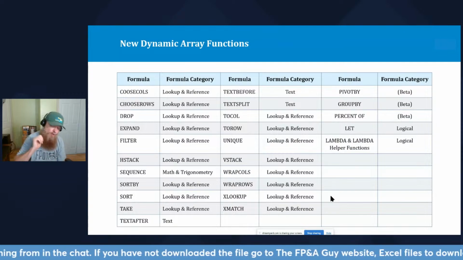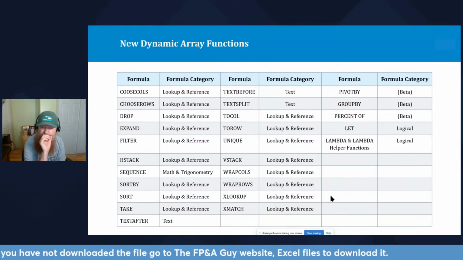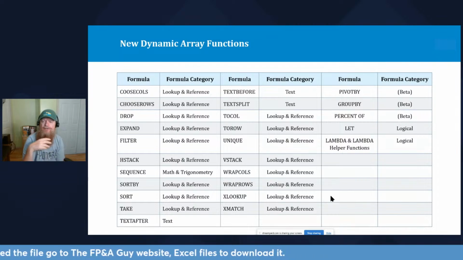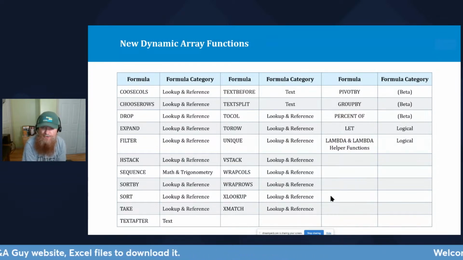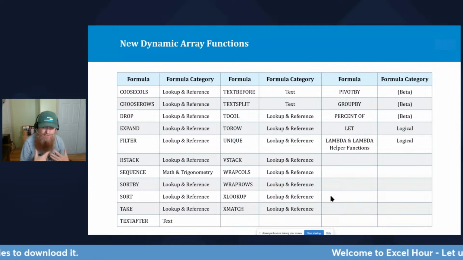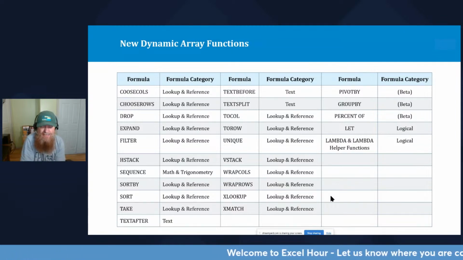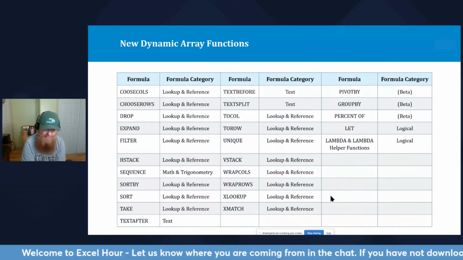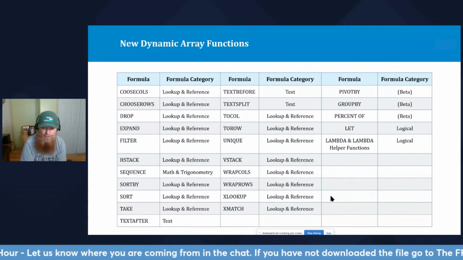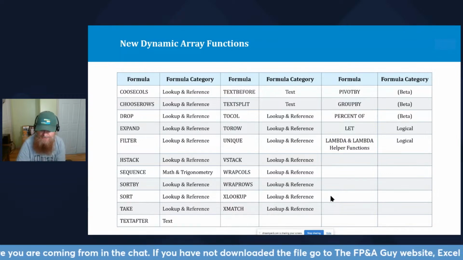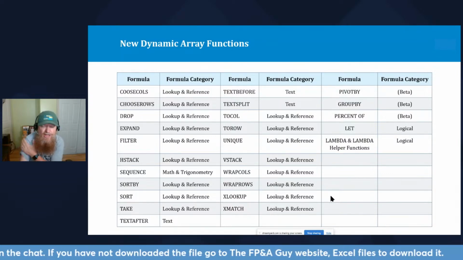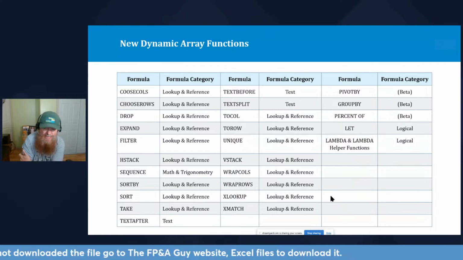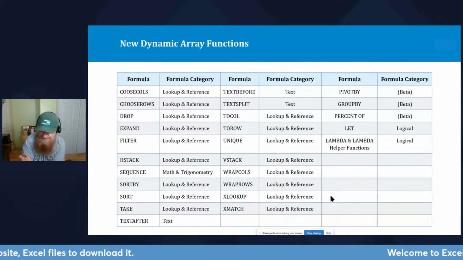All right, so here's a list of formulas. You'll also see that in a file. I'm not going to go into these in much detail, other than to say we have a few beta formulas that are being tested, which is really exciting. There's a PIVOTBY coming that allows you to basically create a pivot table with formulas, not even having to put it into a pivot table. You're also going to have a GROUPBY, and there's a new PERCENTOF, as well as other new formulas coming around what they call regex, regular expressions. I imagine they're not necessarily dynamic in nature, but I think of them as formulas that help you with